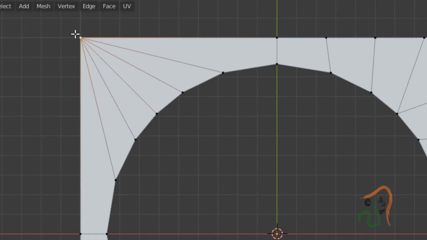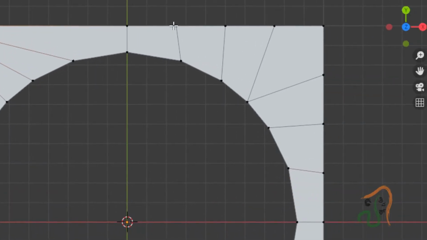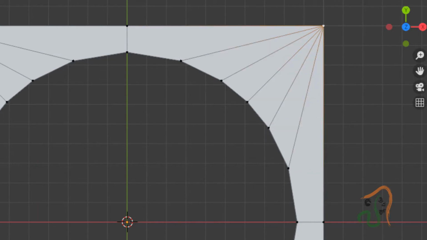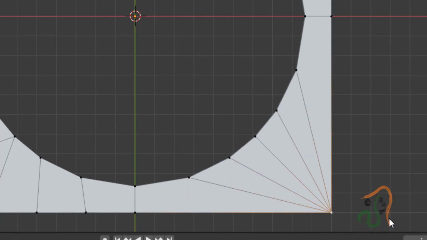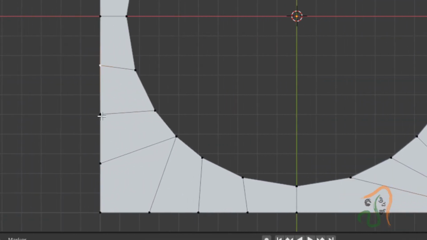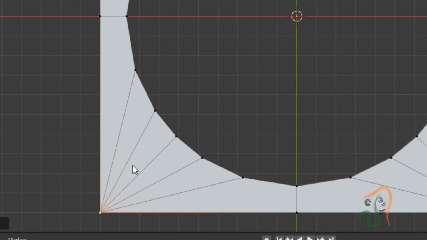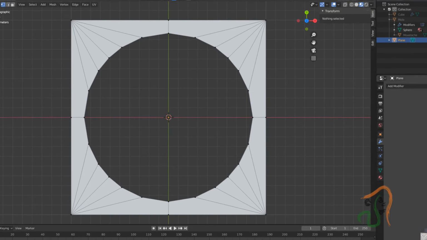See what happened, all got merged over here. So similarly, even here select all the edges, 3 edges here and the 3 edges here, and select finally the last one. Press M and choose merge At Last, and then select again these 3 and also these 3 here, and finally in the end select the corner, press M, merge At Last. And same thing you do it here. Select all the 3 here and 3 here and the final one, the edge, and press M and choose merge At Last. So we have merged all the edges now.